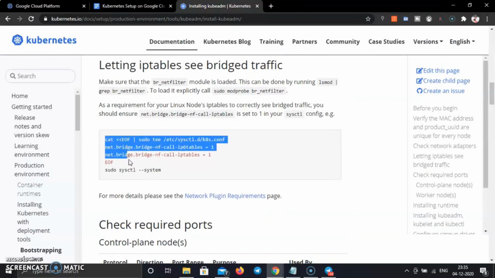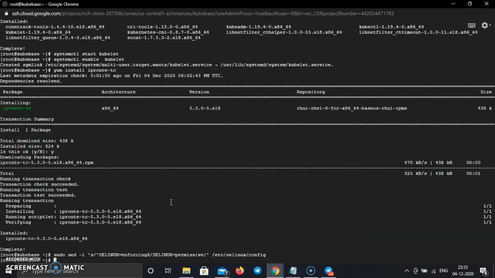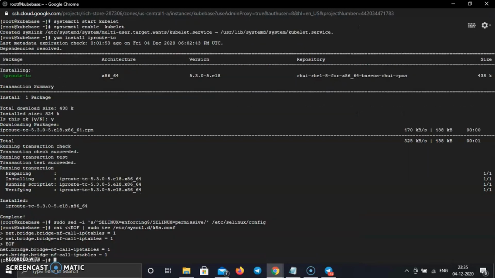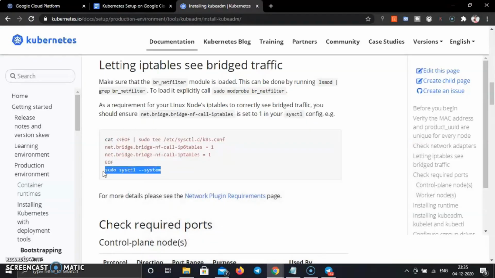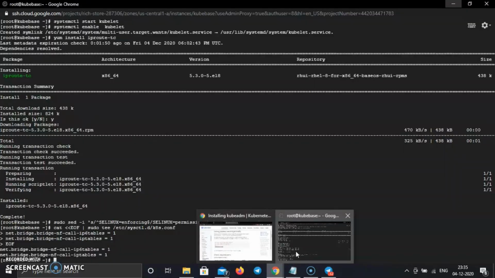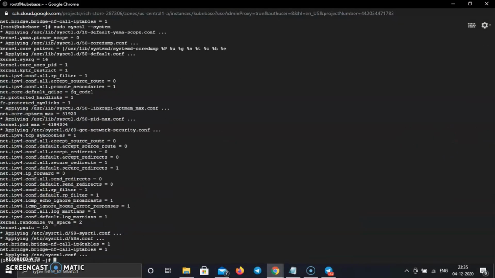Now we need to run these commands also for the network to enable the overlay network. So just run this command and reload the system sysctl. Okay, all things are working fine.